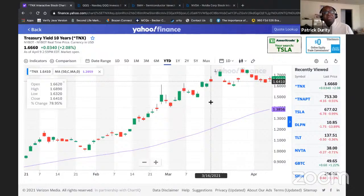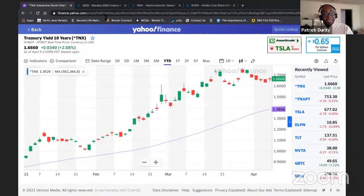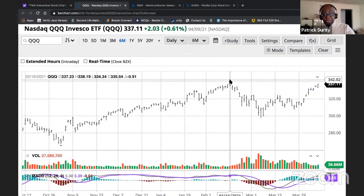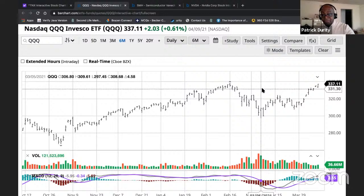The reason interest rates were going up so quickly is the economy had much stronger numbers. But any rise in interest, especially that quickly, tends to be competition to the market. And as you can see from the QQQ, tech really fell quite a bit lower. However, as people started to realize that tech has good, strong, long-term fundamentals and generally outperforms the other segments of